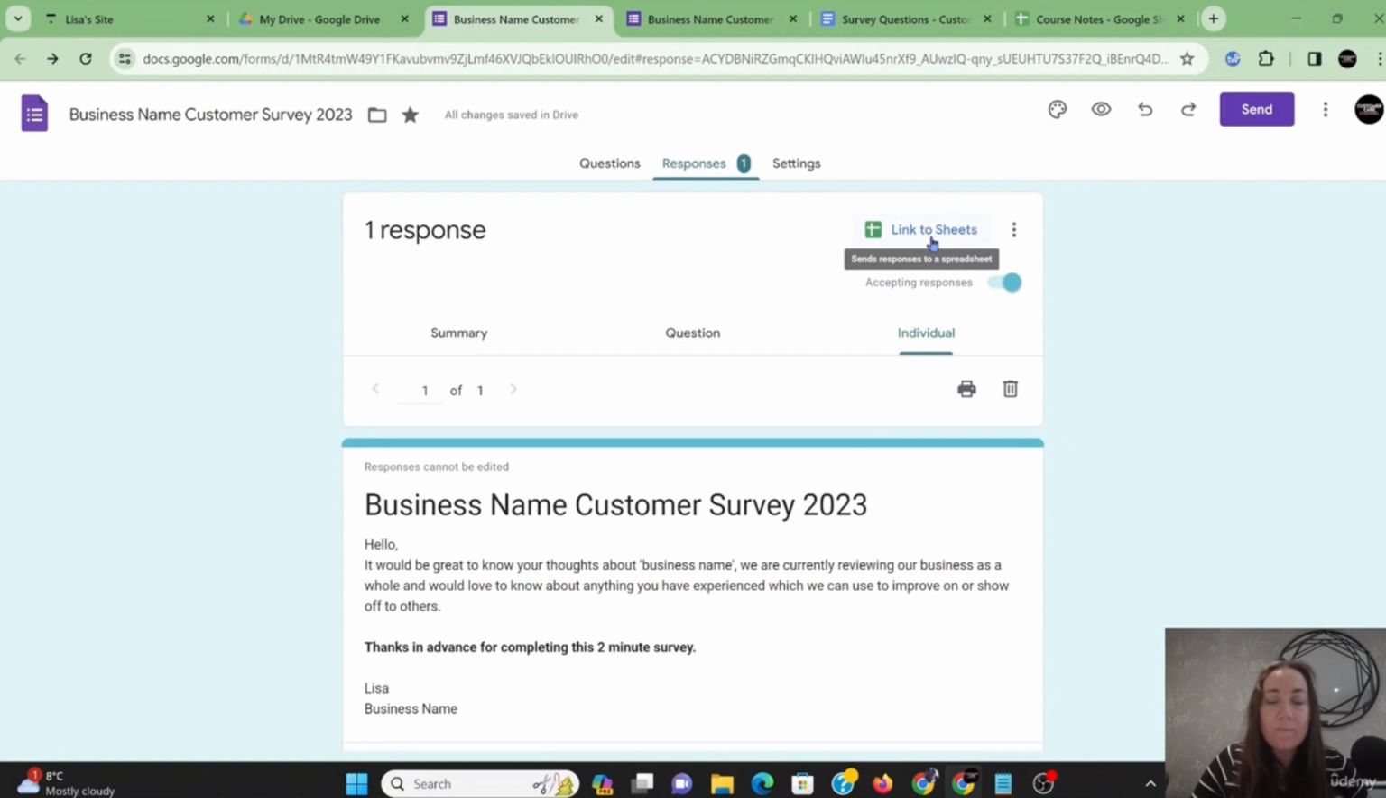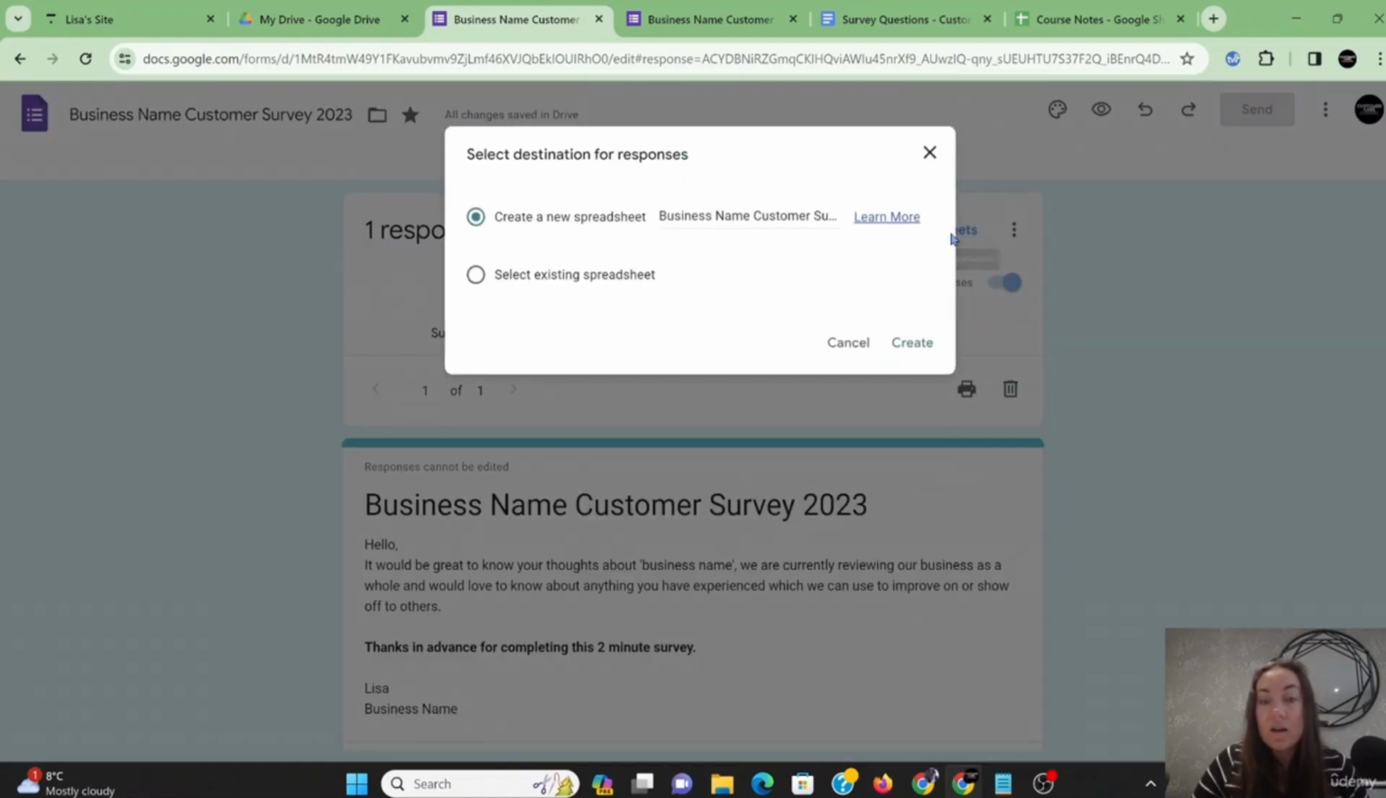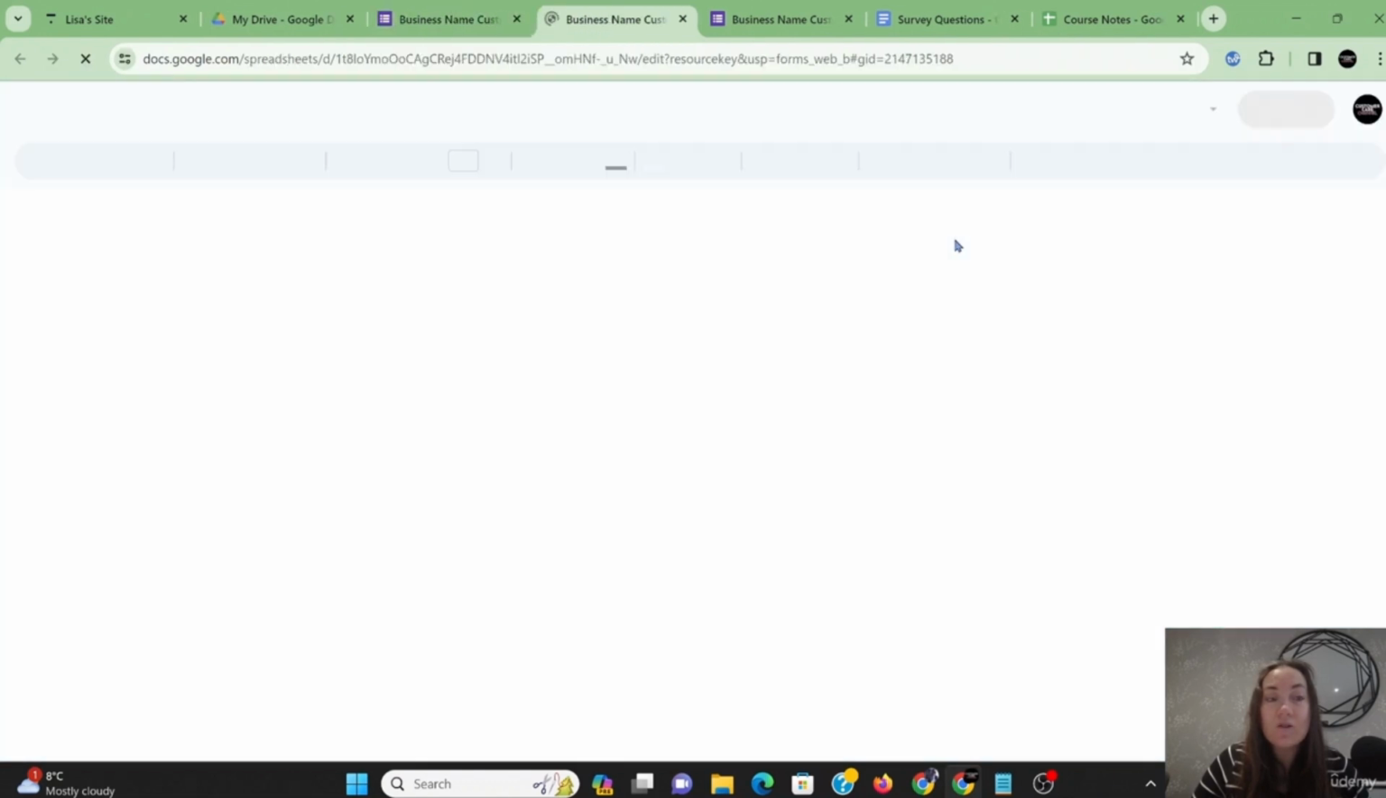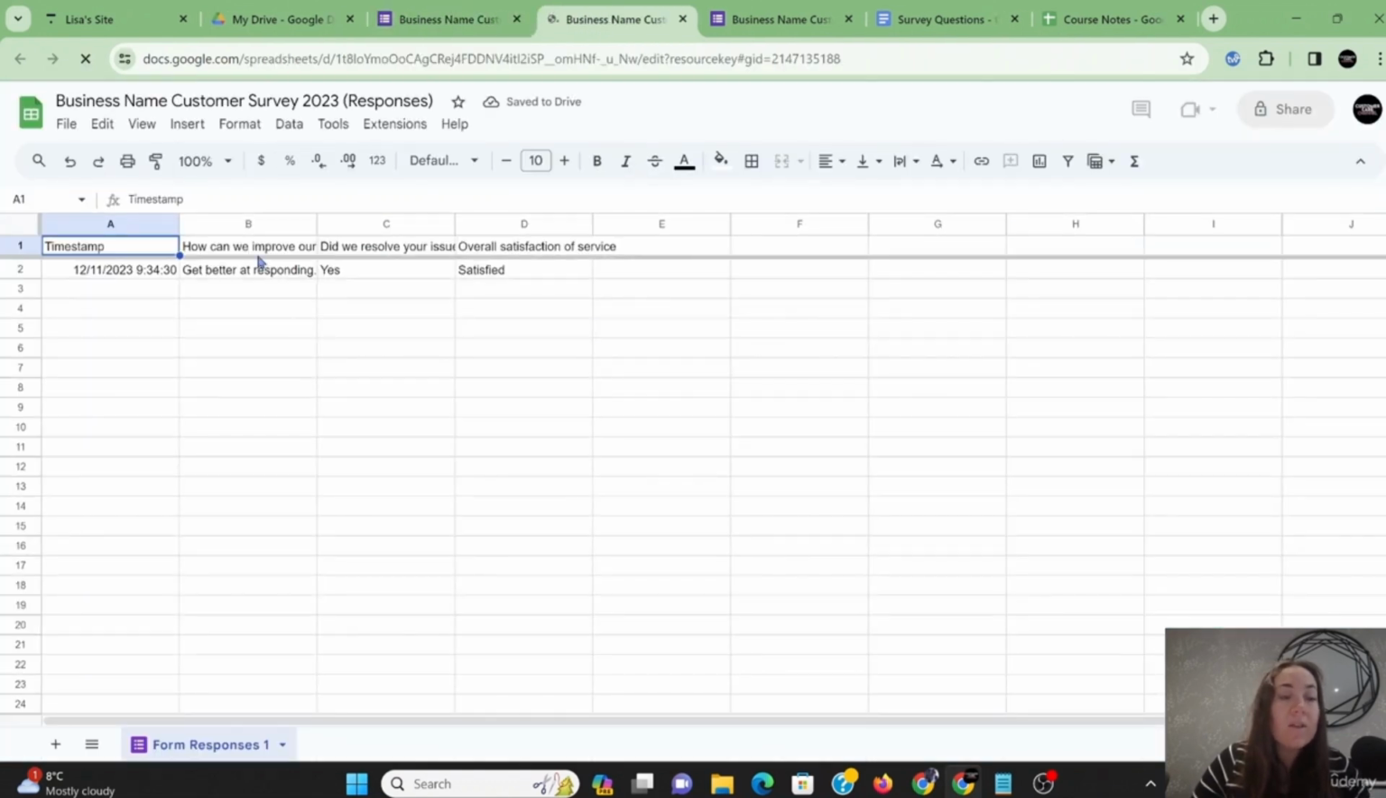And you'll notice here, it says link to sheets. And what that means is do you want all of these responses and results, or whatever you want to call them, into basically a spreadsheet? And the answer is going to be yes. So we'll click on this, create a spreadsheet, and then you can name it however you'd like. Do create, and it should automatically open. And then you'll see my